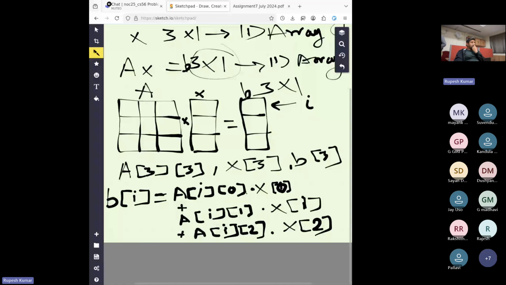This will be the array value at B at index I. Everyone, do you agree with this? So I hope you all are familiar with this matrix vector product. Basically, whenever you want to compute a value here, you take the row from the matrix and the column from the vector, do the dot product between them, and you get the answer. Everyone, are you familiar with the logic for matrix vector product? If you are familiar, then we can proceed with solving these problems.